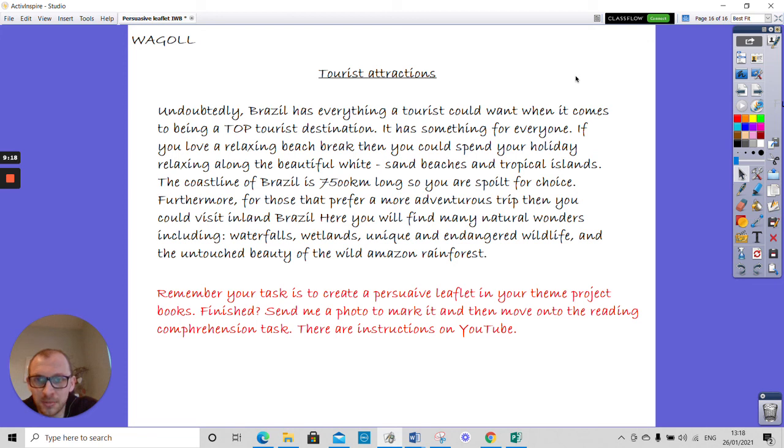So it says, undoubtedly, Brazil has everything a tourist could want when it comes to being a top tourist destination. It has something for everyone. If you love a relaxing beach break, then you could spend your holiday relaxing along the beautiful white sand beaches and tropical islands. The coastline of Brazil is 7,500 kilometers long, so you are spoilt for choice. Furthermore, for those that prefer a more adventurous trip, then you could visit inland Brazil. Here you will find many natural wonders, including waterfalls, wetlands, unique and endangered wildlife, and the untouched beauty of the wild Amazon rainforest. And I've just put here,